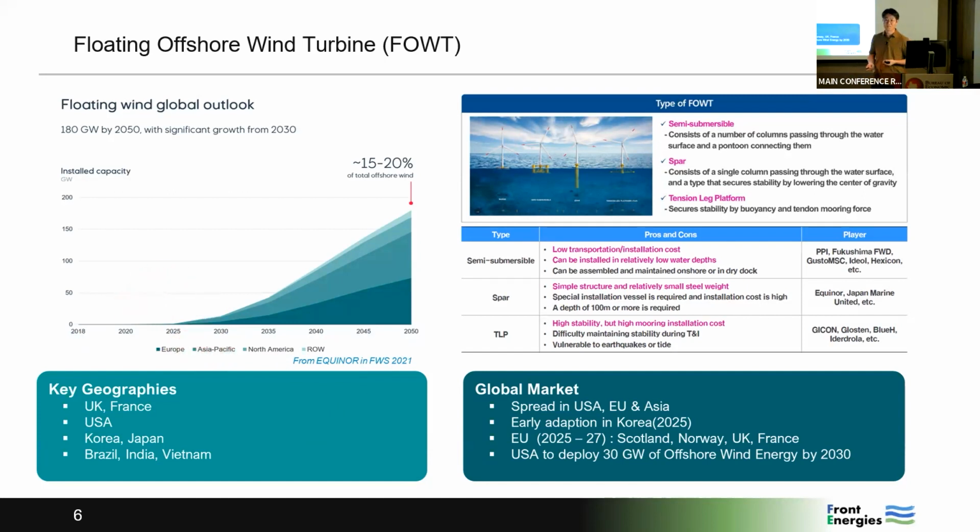Because the Korean government is doing the world's first floating wind turbine project, an ongoing project, it is expected to start in 2025 and be completed in 2027. And the United States also started floating offshore wind turbines, targeting 15 gigawatts of production from floating wind turbines by 2030. And in Europe, they are also doing 2025 to 2027. They want to build and install several offshore floating structures. That's why Equinor said up to 2030,